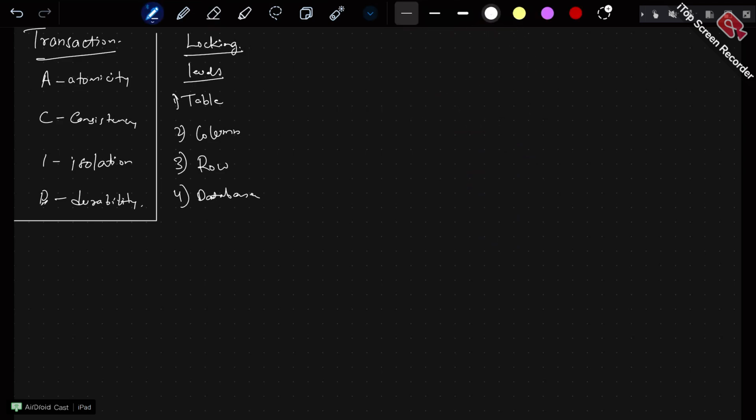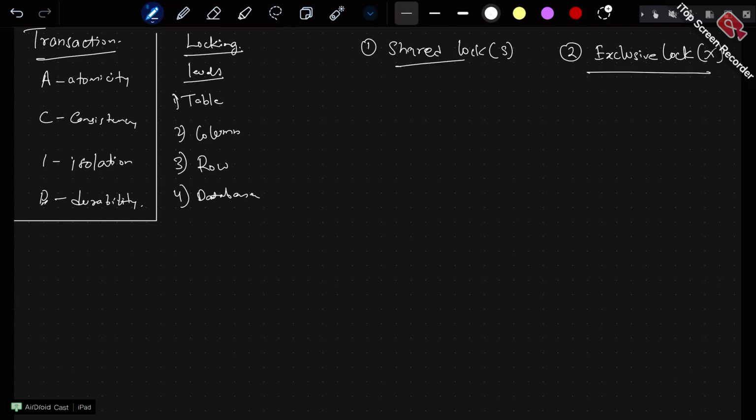Okay, so now we know that we need a lock. There are various types of locks we can acquire in a database, and these are the levels of lock. Generally, locks are of two types. One is called a shared lock, denoted by S, and another is the exclusive lock, denoted by X. Now in databases, how do we achieve this? First, let's see what a shared lock and an exclusive lock are.